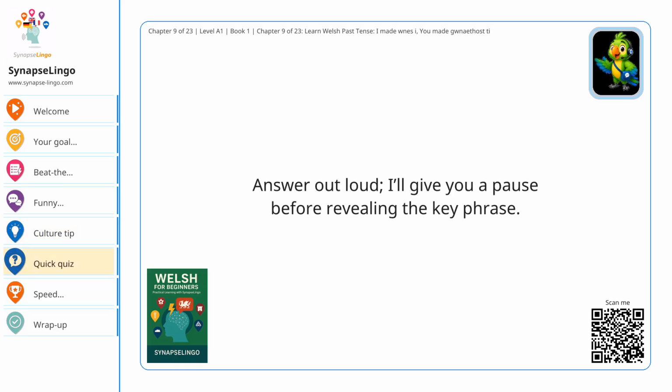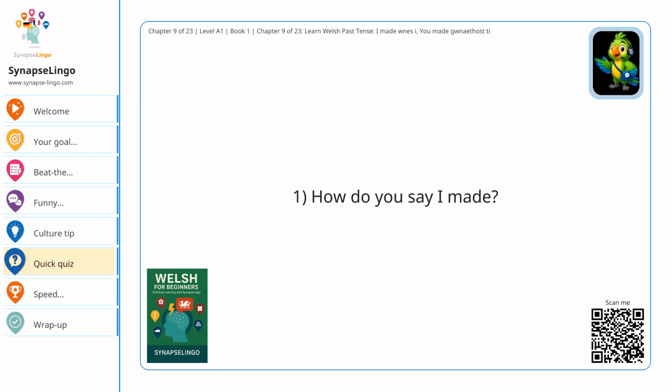Quick quiz. Answer out loud. I'll give you a pause before revealing the key phrase. 1. How do you say I made? Answer. Wnes i. 2. You made, singular, informal. Answer. Gwnaethost. 3. She made? Answer. Gwnaeth hi. 4. It made? Answer.